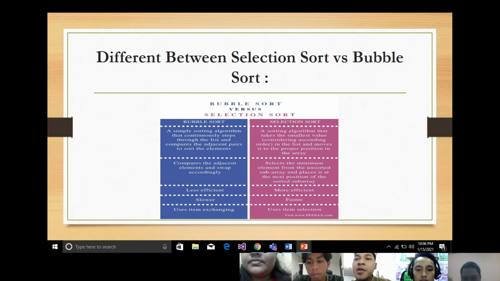Okay, this is the difference between selection sort versus bubble sort. Bubble sort is less efficient and slower, and selection sort is more efficient and faster.